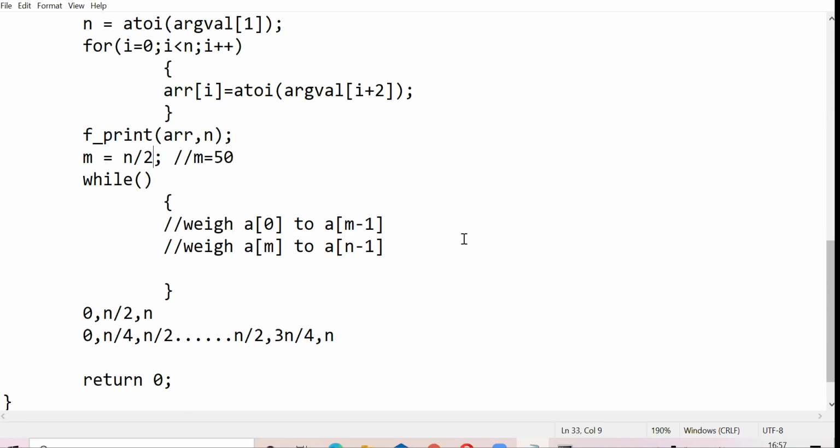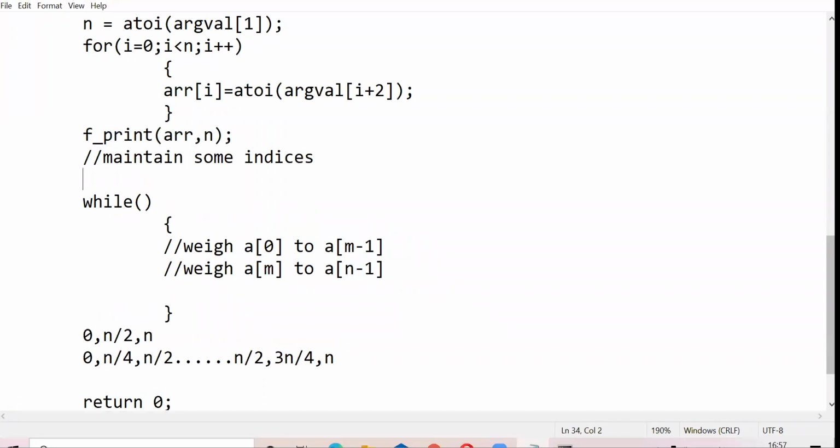So let me do it this way. See, what I'm doing here is I'm trying to maintain some indices over here. These indices tell me which half of my entire treasure I am checking. So initially I am checking the entire treasure. So let me keep my beginning to be 0 and let me keep my end to be n minus 1, right?